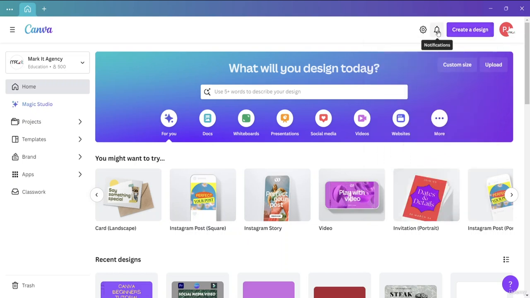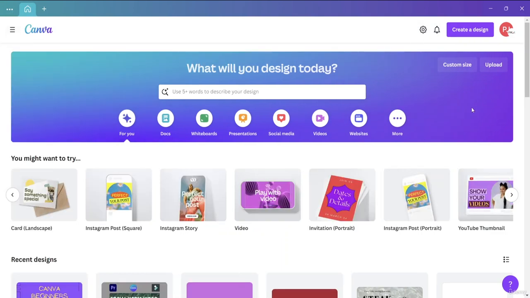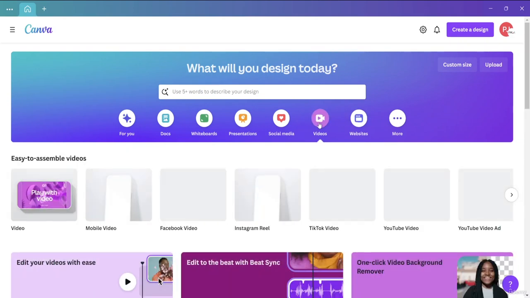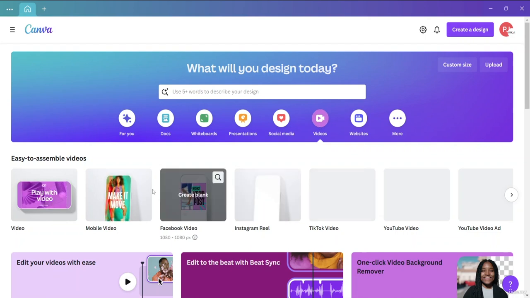Okay, and here this is the notifications button, and this one is the settings option right over here. Okay, and now the thing which we are going to focus more on is the video. Suppose you do want to create any sort of videos from the home page of Canva, you need to come here onto the video option, and once you click onto the video option, here you will have a lot